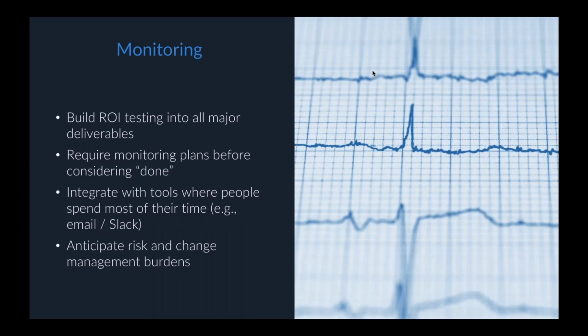Monitoring that production model is also critical. I mentioned before the risk of drift. So you want to make sure that, among other things, there's no drift. But the other thing is you want to build ROI testing into it, right? So you want to make sure that you're tracking the ROI this is delivering and communicating that out to the